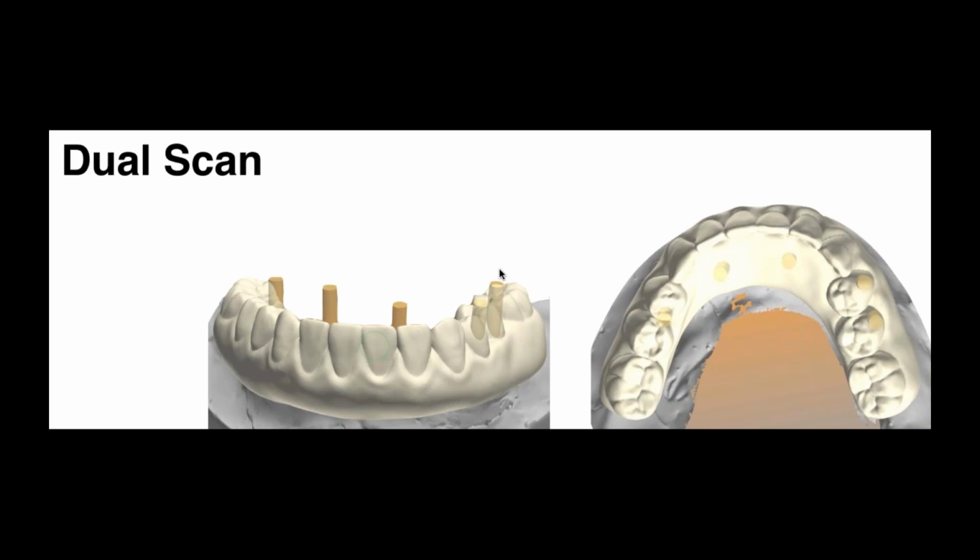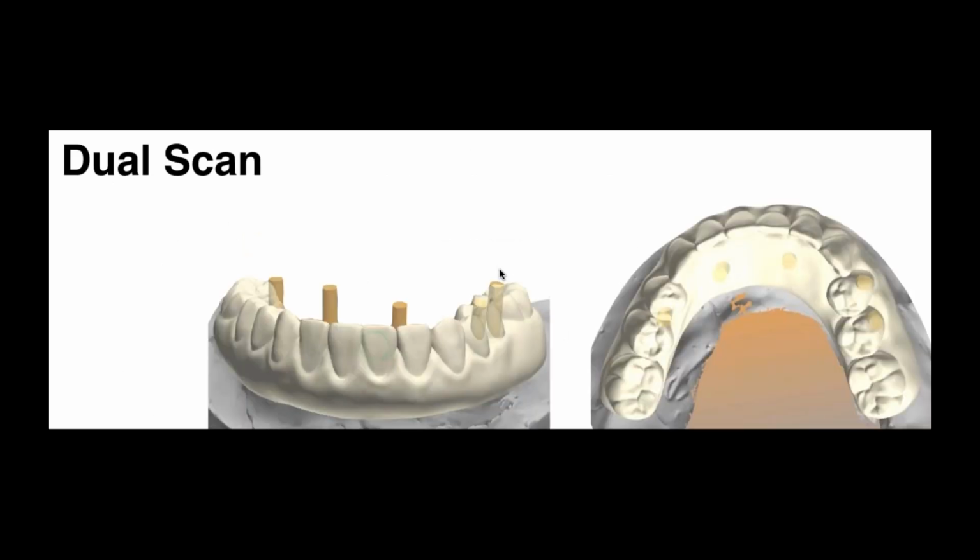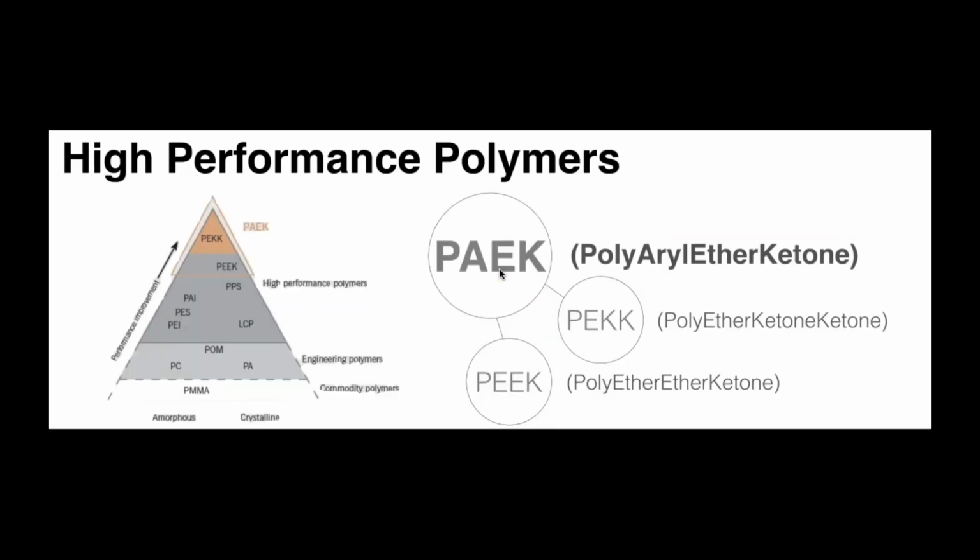Here we make a scan of this ideal setup, and then we use a high performance polymer material for the framework, because we feel that sometimes going with full zirconia in the mandible can be very heavy for the patient, and sometimes the occlusion can be too strong, and some patients even complain of a loud noise or clap when they bite as well. So having, let's say, lighter materials in the mandible is always a good idea. Okay, so we use this